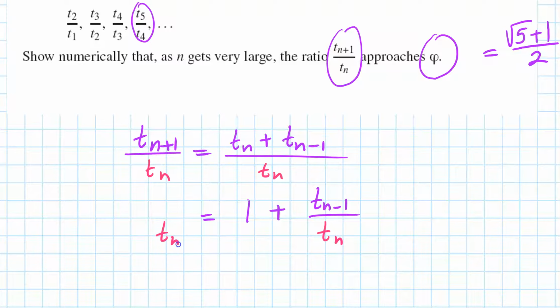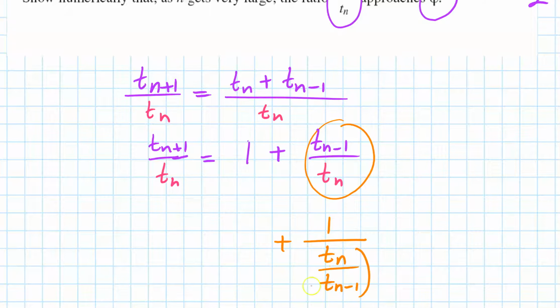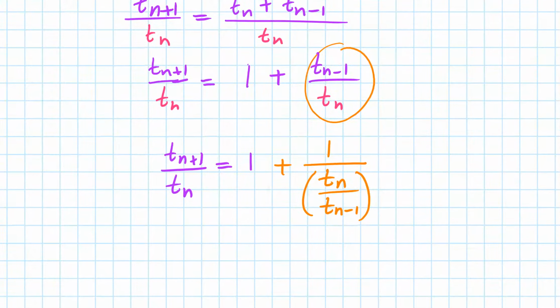And then here we have exactly the same ratio that we had before. And we are talking about a limit here, so just keep that in mind. What I'm going to do is rearrange this one so that it becomes 1 on tn on tn minus 1, which means basically pulling this tn minus 1 as the denominator of tn. Then if I look at the left hand side, which is tn plus 1 on tn, the purple ratio, and the ratio in here in the orange bracket, they are exactly the same, because as n goes to infinity,